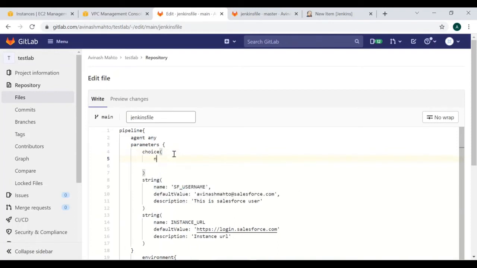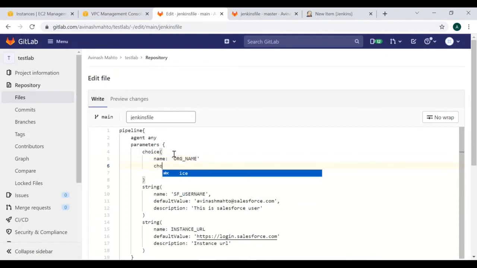So here I will put the name. Let's say we are saying environments. And then you need to define the choices.